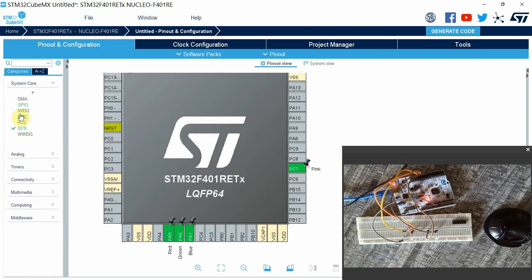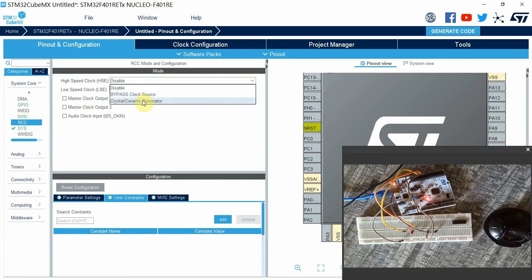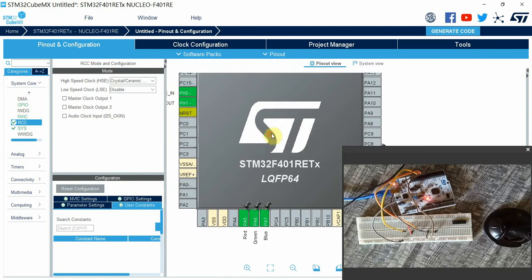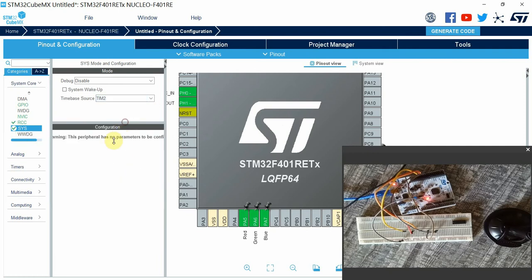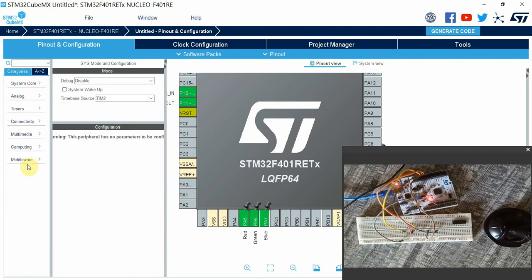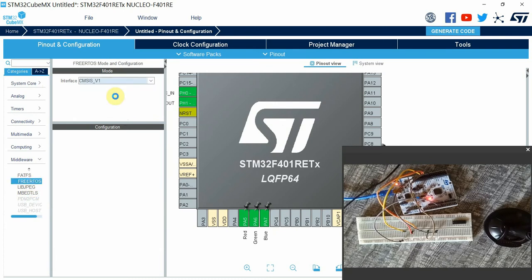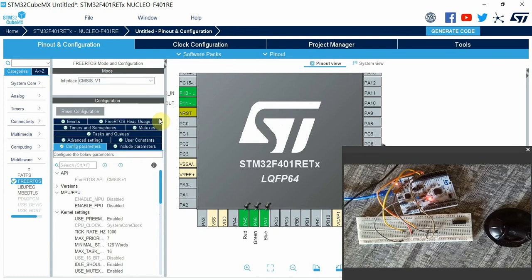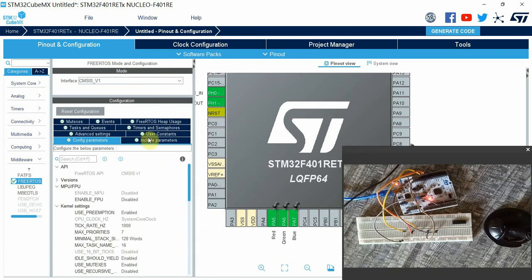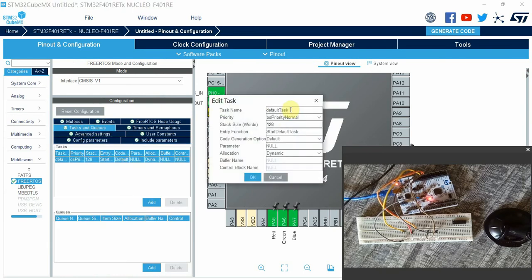Then finally go to system core, RCC. You can enable the external resonators, and also you go to SYS, you change the time base to any timer apart from SysTick, and then finally go to middleware and FreeRTOS, select version 1, and since there will be one task that will be generated, you shall just go to tasks, and then we shall give this task